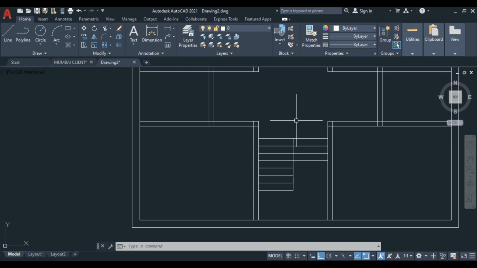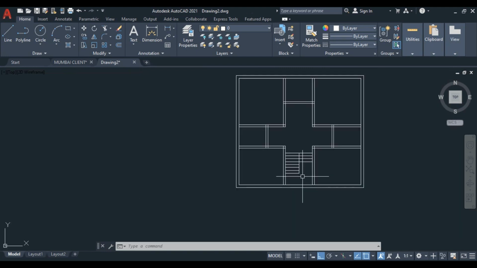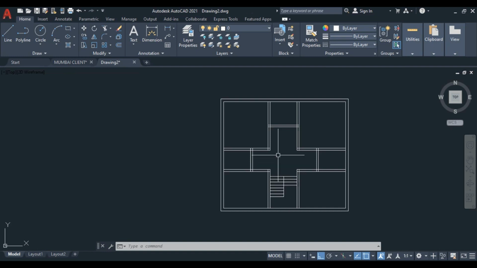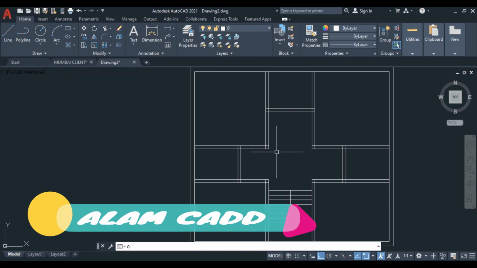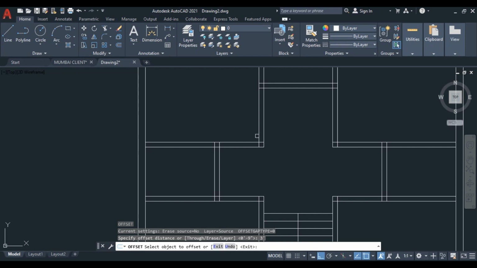Here you can also make the door. Before that, first we'll make space for our door. Generally the bedroom door standard size will be 3 feet, so offset 3 feet, press enter, and just click to this line and just click here.